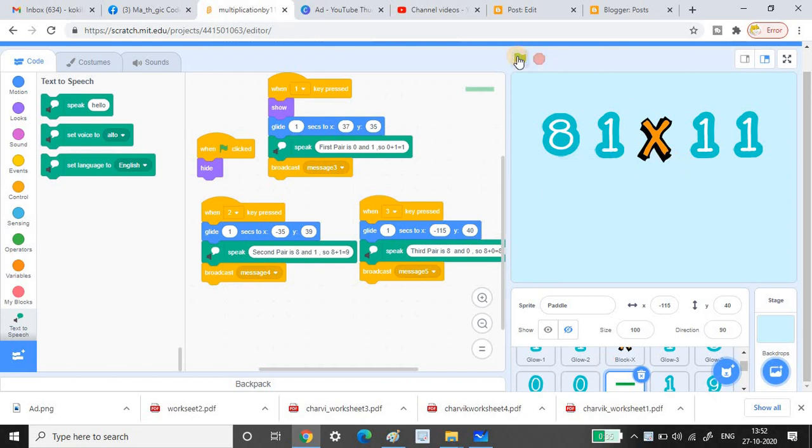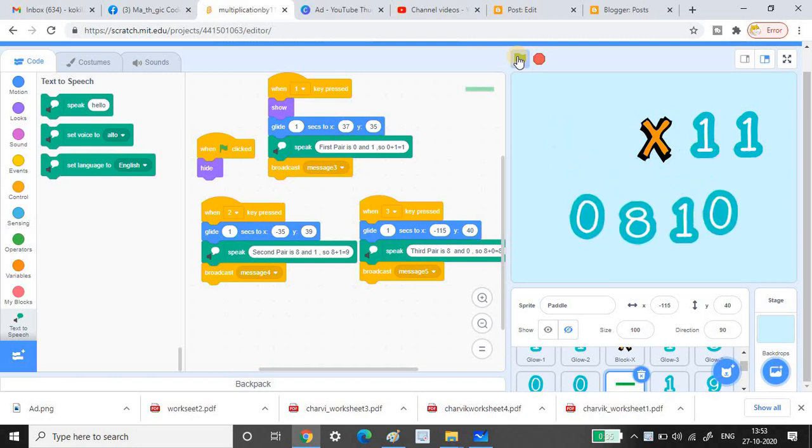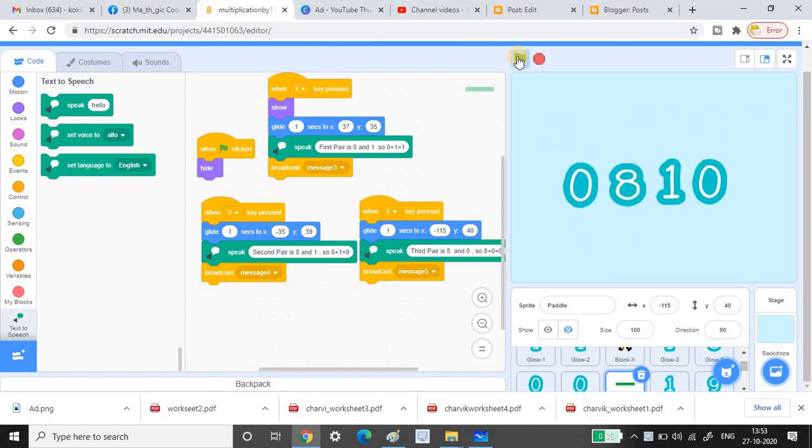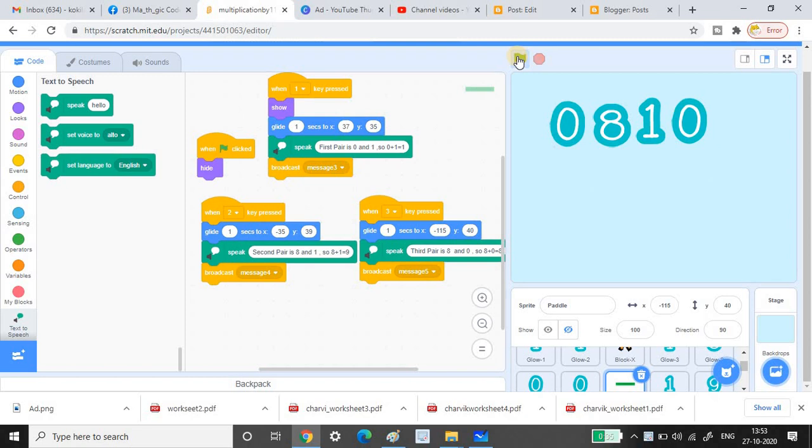So flag and space take key. 81 and append 0 before 8 and after 1. So here comes the space and the second broadcast message, and I press the up arrow, and everything goes off. Now I introduce a paddle character. Pair the numbers from right to left and write the answer. The last one is, I press the A key, so it speaks the text we have entered.